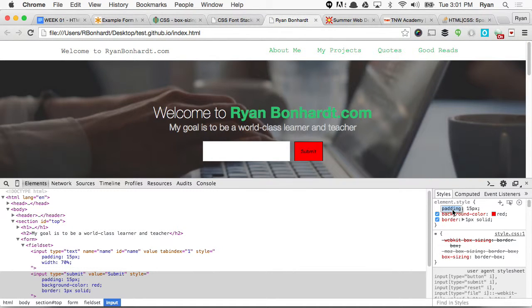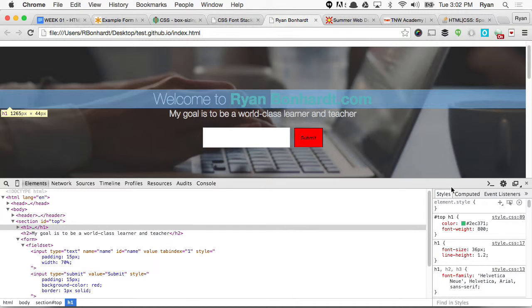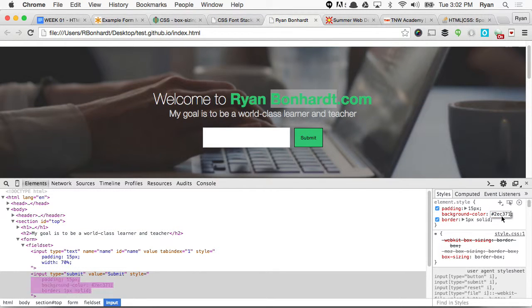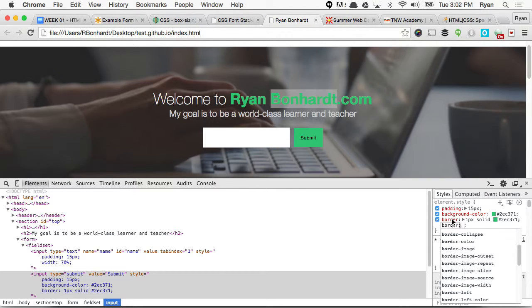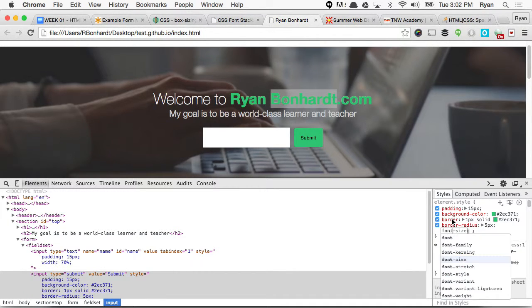All right, so the main thing here is that we want to give this submit button some padding so it's around it. We give it a background color, the same as we had here. Need to be the border. Makes it solid. Give it the same as that. Give it a nice border radius, 5 pixels. And font size, we'll increase it to